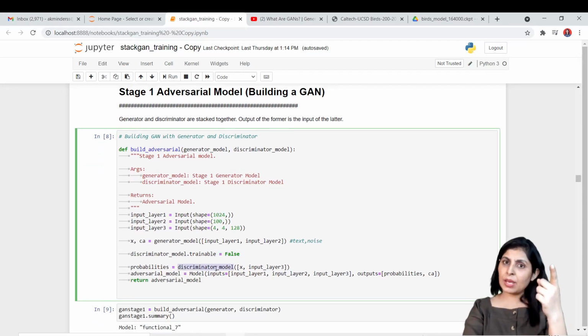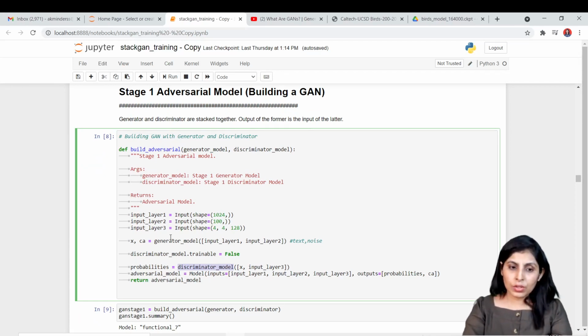We have trained it separately, but we are calling the discriminator model over here. So the x from here, the image which is generated by the generator, we are giving that image to the discriminator, and this is input layer 3. If you want to understand again what it is, I have explained it above, so we are using that over here. And then finally we are creating the adversarial model.